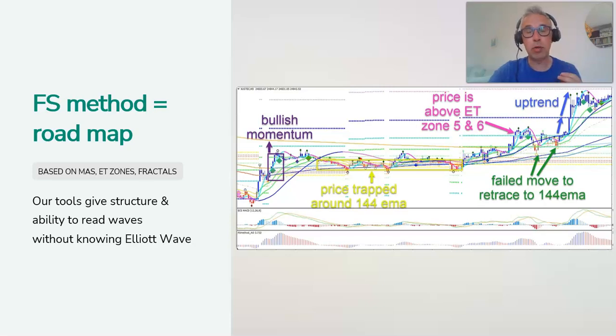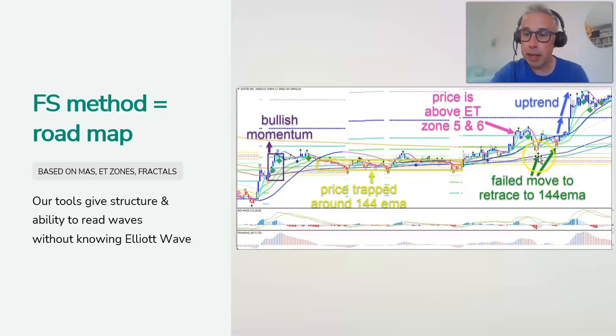And what I use also are some of my indicators like HMA that give momentum, the moving averages for the trend. And then I also look at how far has price gone from the 144 EMA, which is my ET zone indicator. It gives the distance away from the 144 EMA. And as you can see, let's take a look at this example. When there's bullish momentum, and then we see price that's trapped around the 144 EMA, it acts like gravity. And we see kind of a break, pullback, and then a continuation.